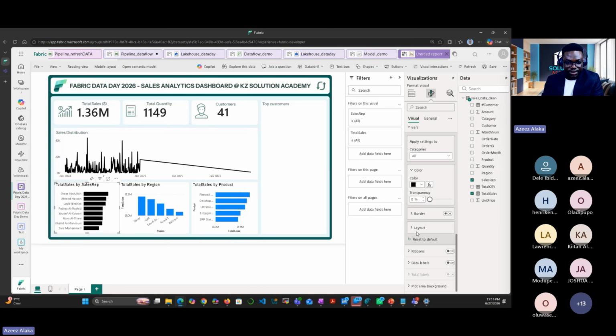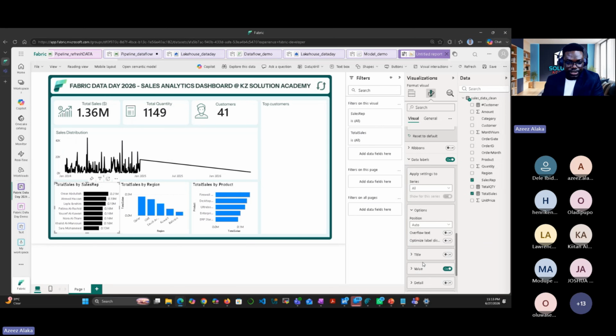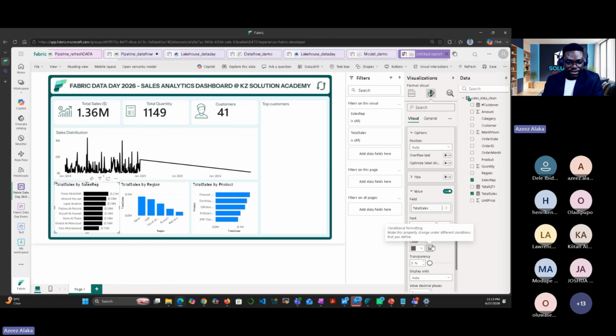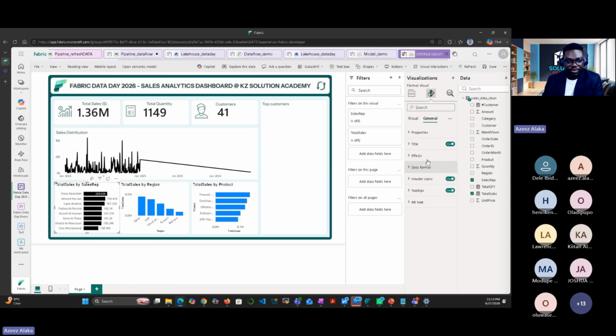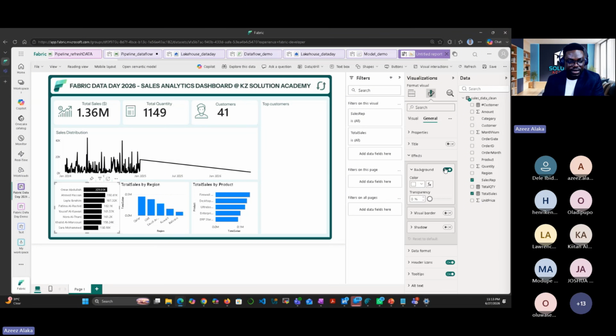Then I want data label on. So my data label, I want to change the unit value, change the unit to, not none, let's change it to 1,000. 1,000 makes sense. So from here, we're able to see the salesperson that has the highest value. And I come to general, I remove this title, and I remove the background.